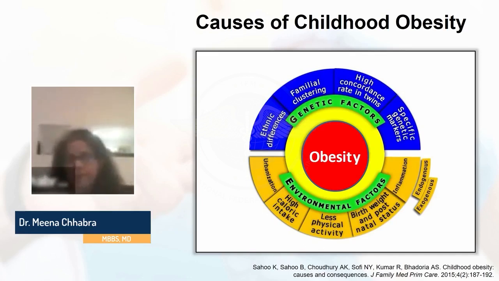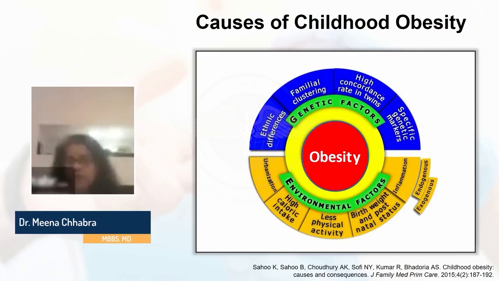So the environment is obesogenic. It's a very interesting word, obesogenic environment. Even if I help the patient or the child to lose weight, basically what I'm doing is increasing his energy expenditure and decreasing his intake of calories, and I try to bring down his weight, but maintenance is very difficult. The reason is that the child still remains in an obesogenic environment. And what is an obesogenic environment? Where the television is showing you beautiful pictures of people eating at McDonald's, drinking Coke. That is the obesogenic environment.